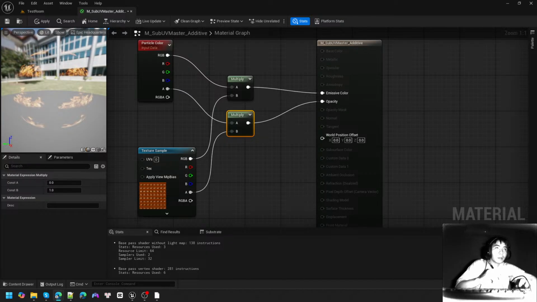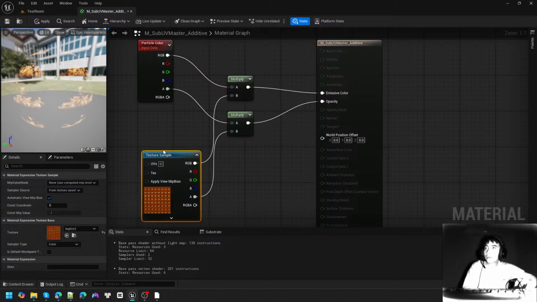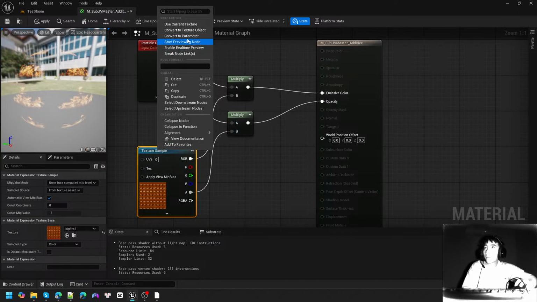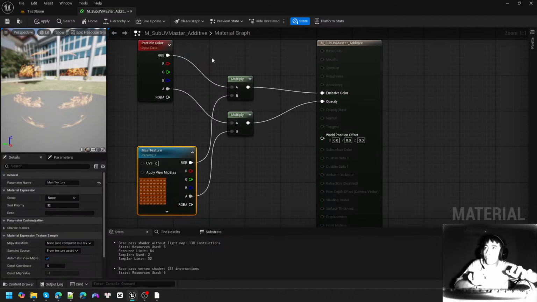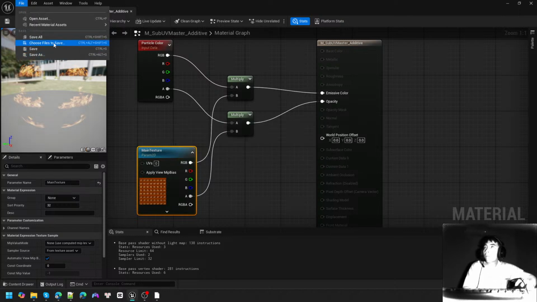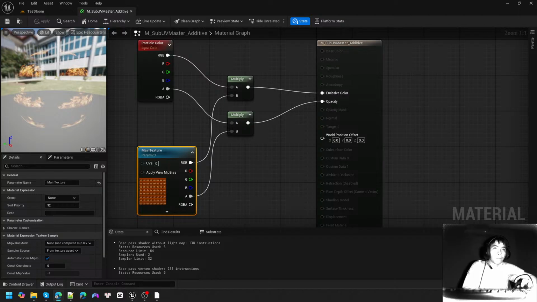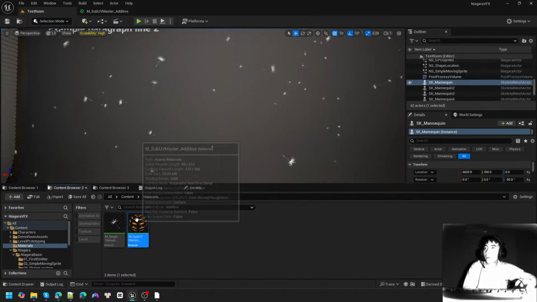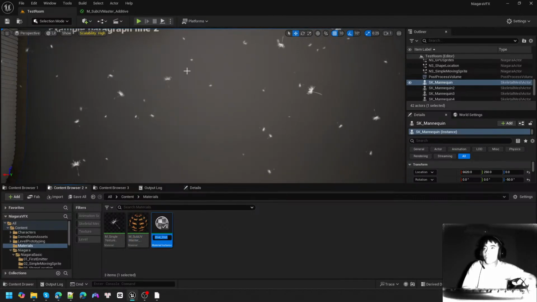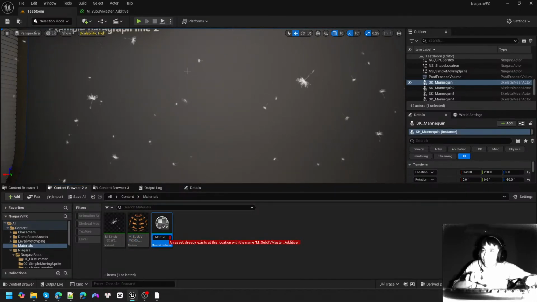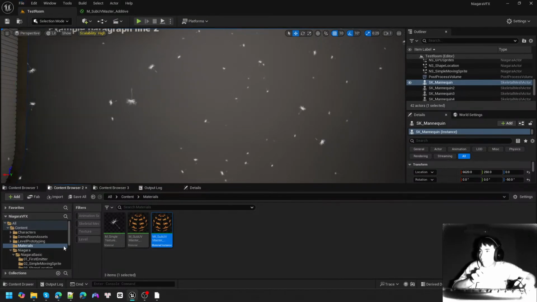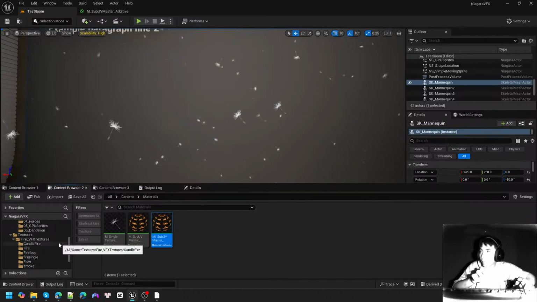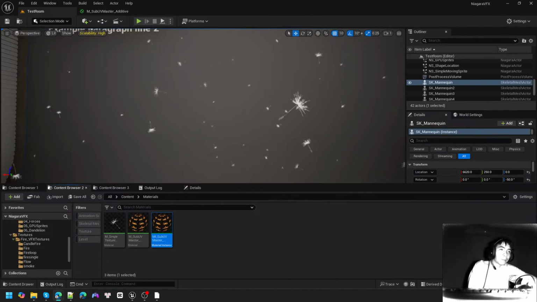I'm going to call this main texture and click apply and go back to my content browser. Now I'm going to create a material instance from it. So click create material instance. I'm going to call this